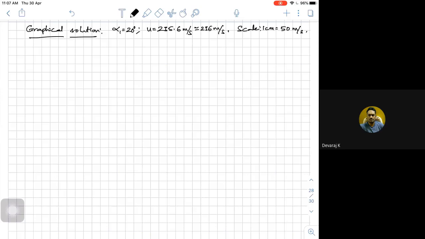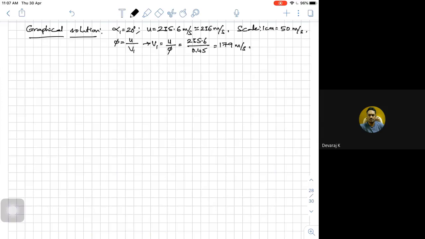Next, they have given the value of phi. So phi is equal to u by V1, or I can find V1 is equal to u by phi, which is 235.6 divided by 0.45. If I calculate that, V1 was found to be around 179 meters per second. This is what we have calculated.